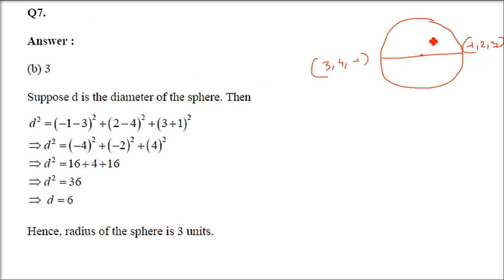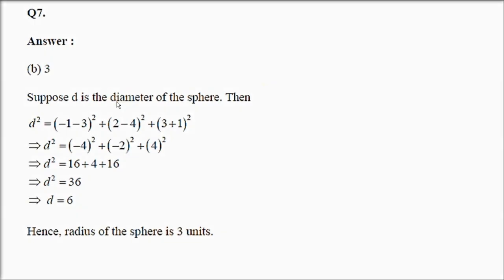We have the midpoint formula, if the coordinates were to be found, but it is not required here. We'll just see the distances. So (-1 minus 3) whole square, (2 minus 4) whole square, (3 minus 1) whole square. And the distance will be 6. This is the main distance, but you have to divide it by 2 in order to get the radius. Radius is 3 units.